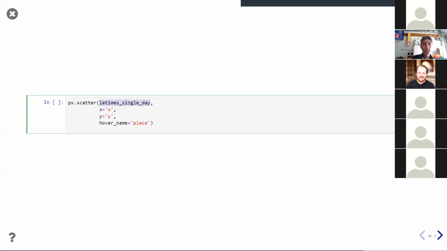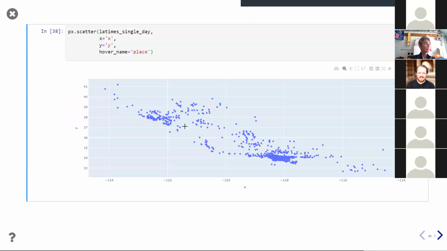That's the LA Times single day data set. In the X, we're going to use the X, and in the Y, we're going to use the Y, the latitude and longitude coordinates. And I'm just adding a hover name, which is an argument that, when you hover over the points in the scatter, lets me know what place that point represents. So when I run this,